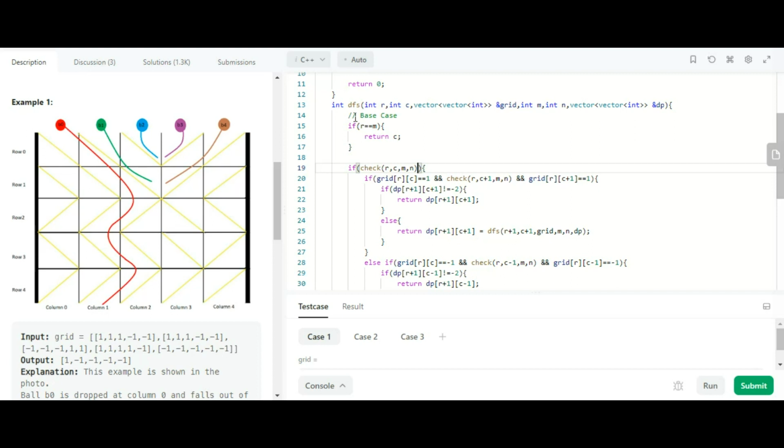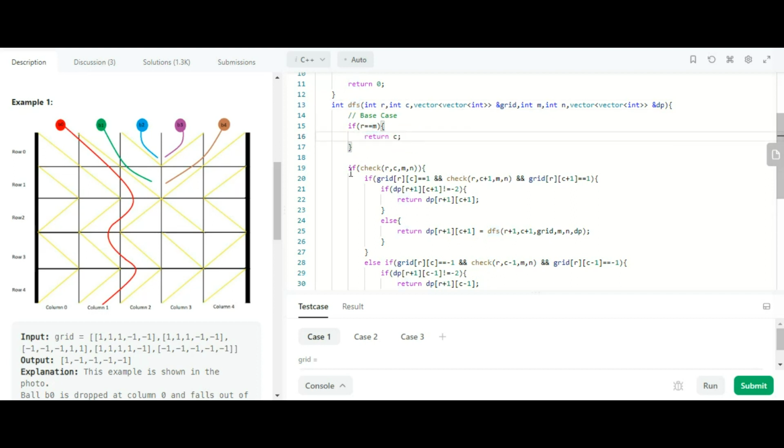After making the DFS call, we need to check a few conditions, whether the ball will reach the end or not. First, this is our base condition: if our row is equal to the end row of the grid, then we simply return the column.